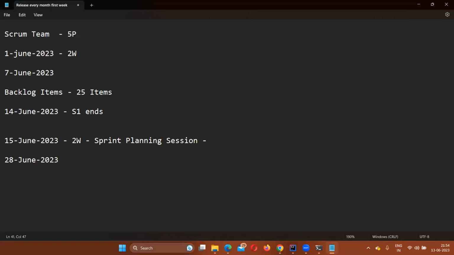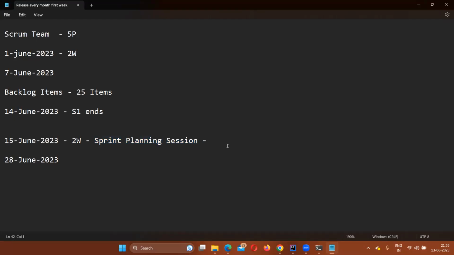So on the first day of your sprint, that is 15th June, your sprint planning session will happen right after you log in. In that meeting, everyone will be assigned their tasks on Jira or whatever tool they use. They should start working on those backlog items after the sprint planning session. So let's say 15th June is completed. In the sprint planning session, everybody was given their own tasks, and everybody started working on their backlog items. Very good. On 16th June